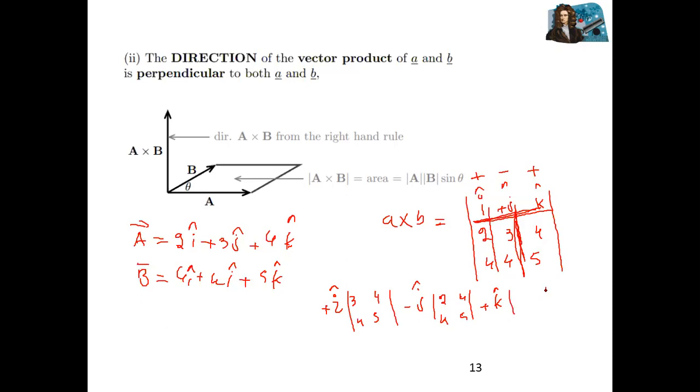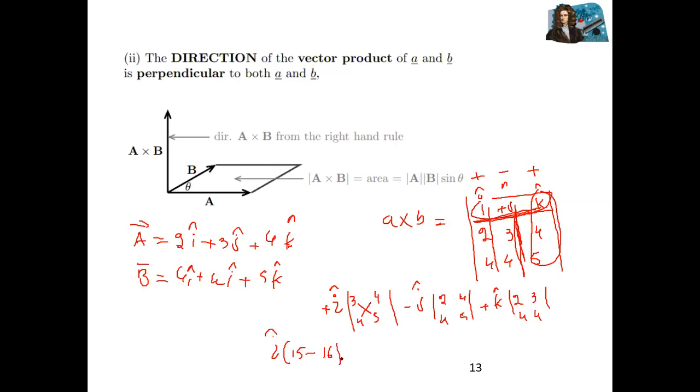So you can see plus k is last. This finishes the first row and the third column. We are left with only 2, 3, and 4, 4. Now you can solve easily. First we have I. Multiply 3 with 5: 3 fives are 15. Minus, this is from the formula, 4 multiplied with 4 equals what? 16.